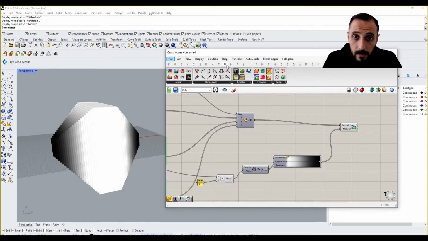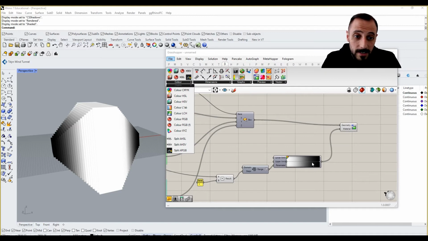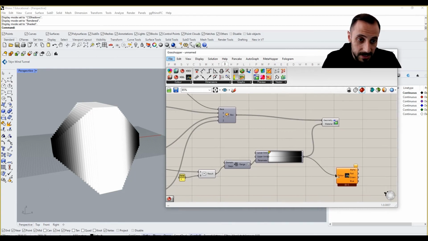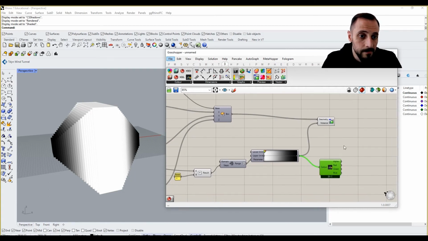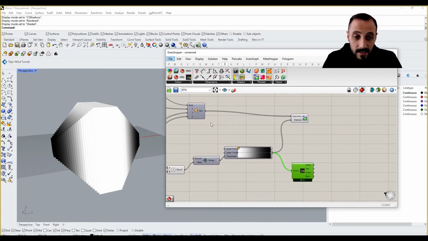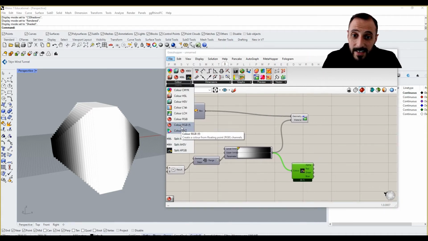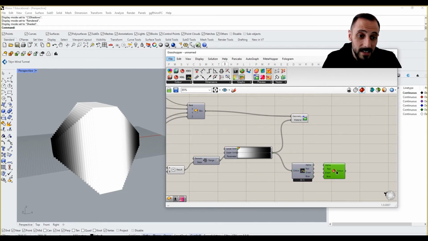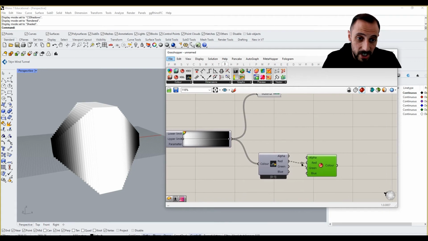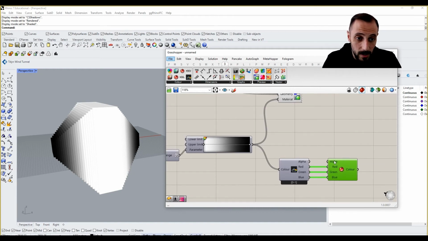To do so, I go to display and I deconstruct this color. I come over here and split alpha, red, green, and blue. Then I grab this in, and the other thing I'll be doing is recreating these colors by using color RGBF, meaning the numeric values are being changed between 0 and 1. But for the alpha values, this time instead of 0 and 1, because 1 is opaque and 0 is transparent,